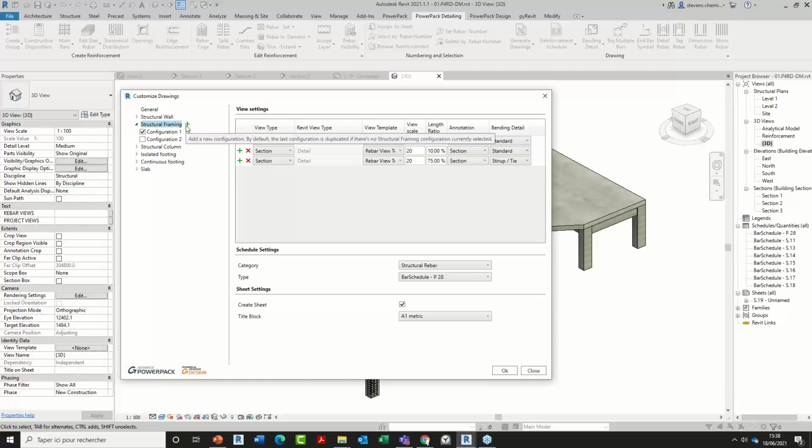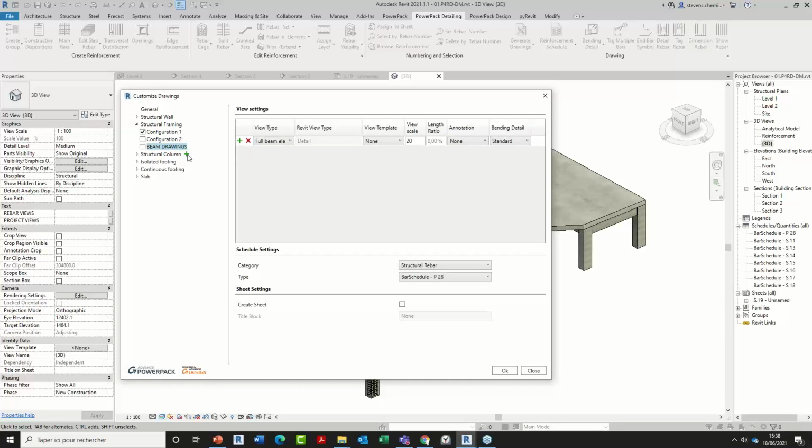For example, you can create your own configuration, rename it, for example, beam drawings, I don't know. Define how many sections you want for this type of final sheet. For example, I want to create a style of drawings for beams which will contain one full beam elevation, and why not 3 sections.